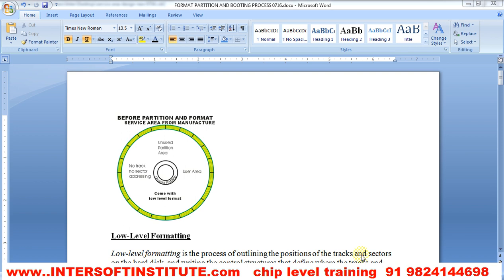Before the hard disk comes from the manufacturer, some programs are installed on the service area. When the manufacturer makes the hard disk, they record the model number, serial number, brand, SMART, bad sector list, G-list, permanent bad sector list, and all those details are stored in the service area. The service area is recorded by the manufacturer on the outer track, outer cylinder below 0, that is -1, -2. You can see here, this is your service area,